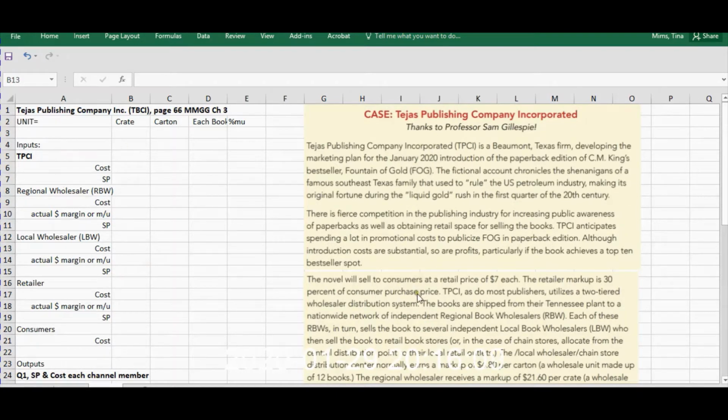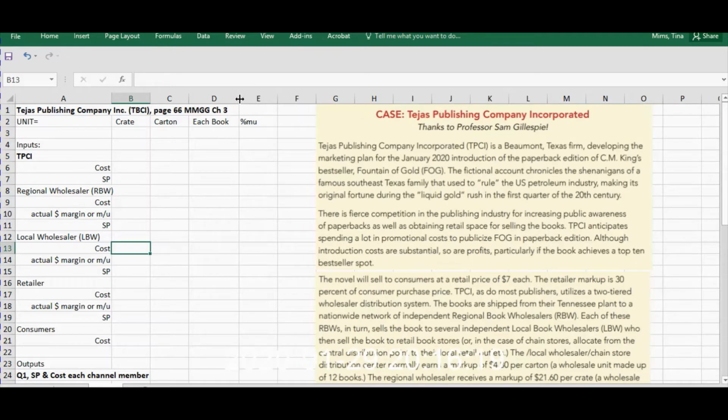Okay, everyone, now that you've read through the case and become familiar with it, I would like for you all to take a moment and let's look at how I have my spreadsheet set up. In row 1, cell A, I've typed in the case name, page number. In row 2, I've got the unit number,